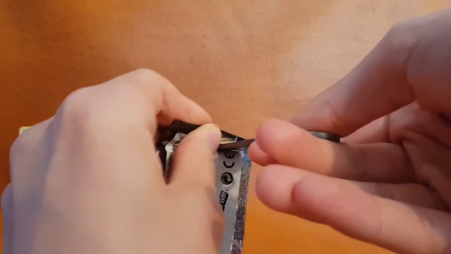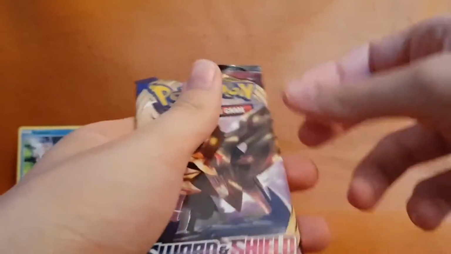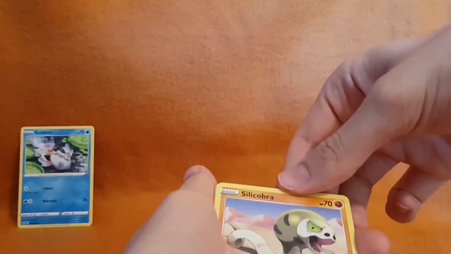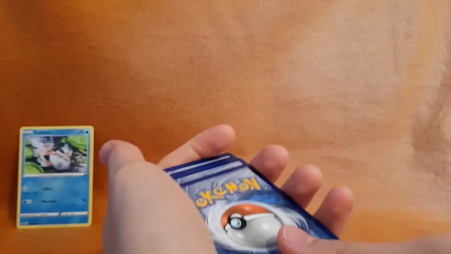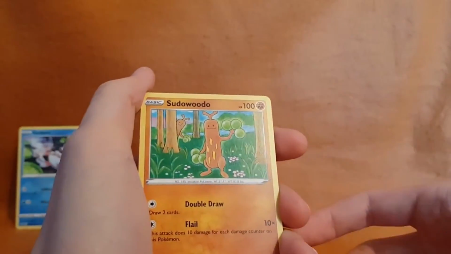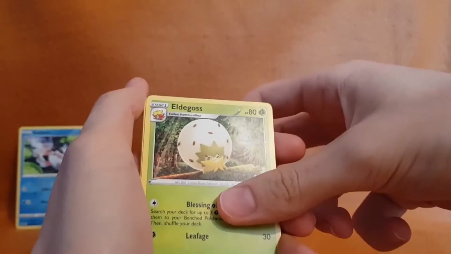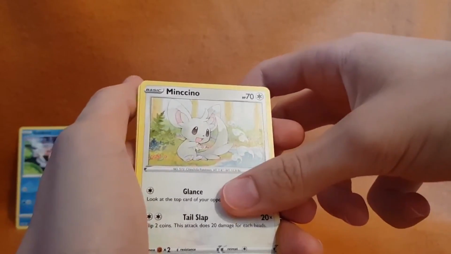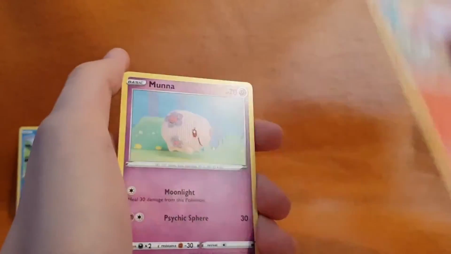Right, let's get right into the next one here, and it's still a normal Sword and Shield, because this one has the shield dog on it. Alright. Let me see here. Silicobra. Pull it out and do 1, 2, 3 there to the front and get rid of the energy card, Fire Energy. That is Pokegear 3.0, Sudowoodo again, Eldegoss, Silicobra, it's a Silicobra, Minccino, I think, Vulpix, Munna,